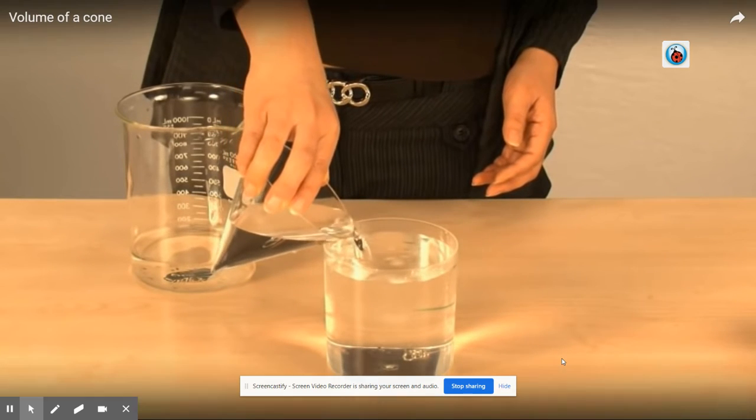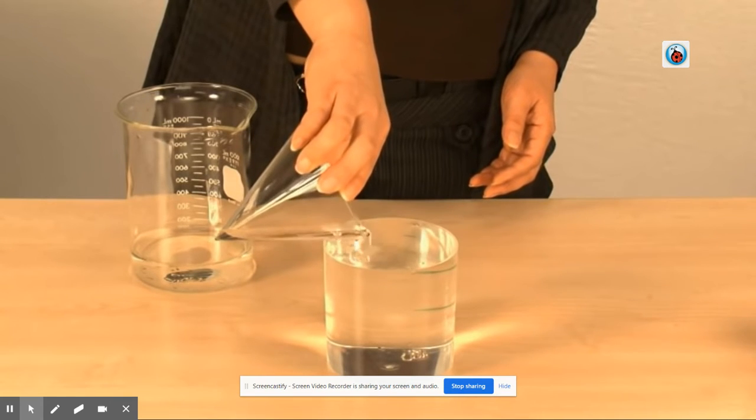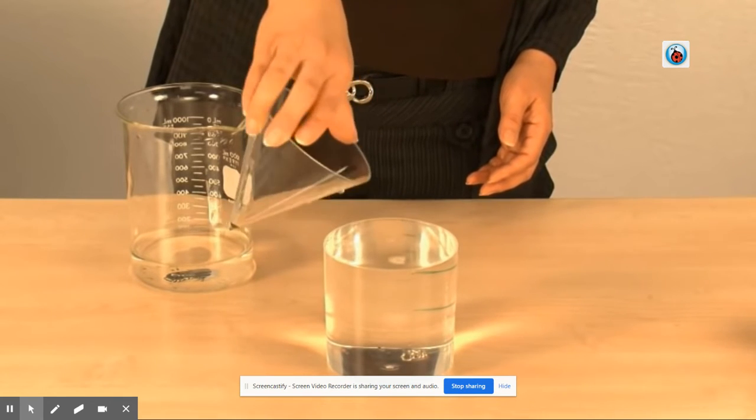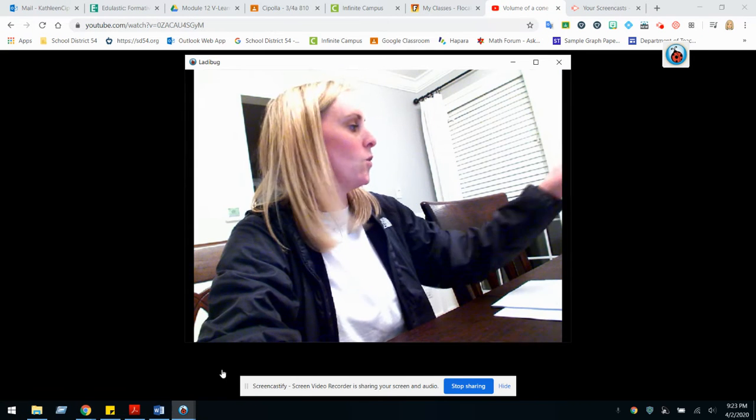And this always happens in class when I do this. The students are like, it's not going to work. It's going to overflow. And hers actually almost does kind of overflow. She left a little bit in there. But it is the case that three cone amounts